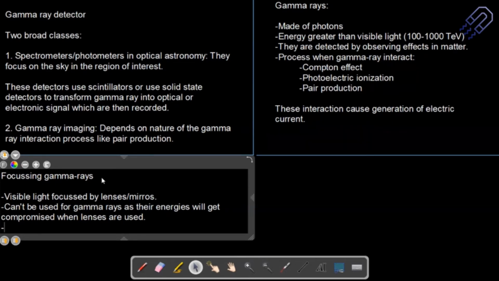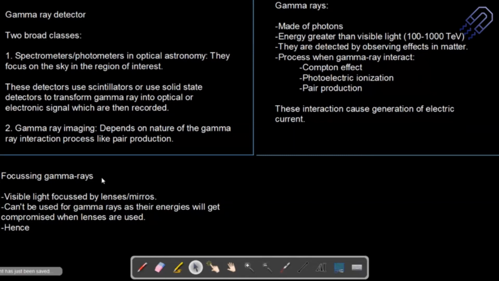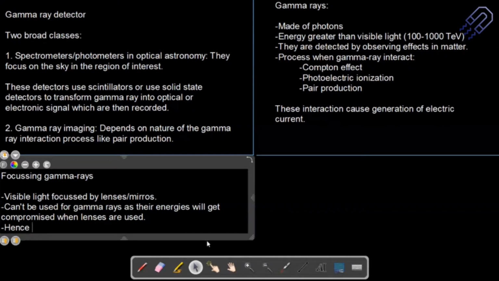Even if it's very difficult to focus the gamma rays, and even if we use a mirror, most of the time the intensity gets very low. So in order to observe gamma rays, we need to do a long observation. It's not that you cannot use a mirror to focus, but so much loss of intensity is there that we need more and more gamma rays to make more focus or have more intensity of the gamma rays falling on the system. Hence gamma ray images are not sharp.